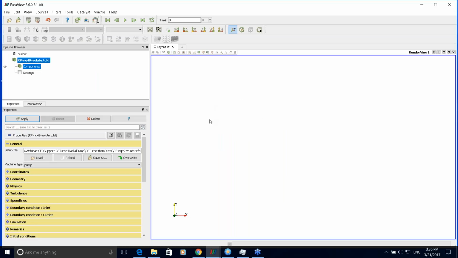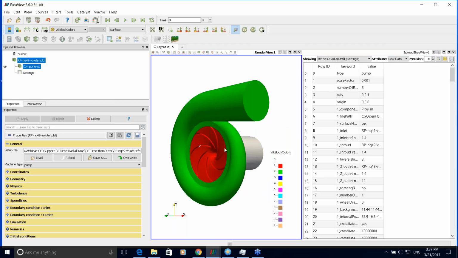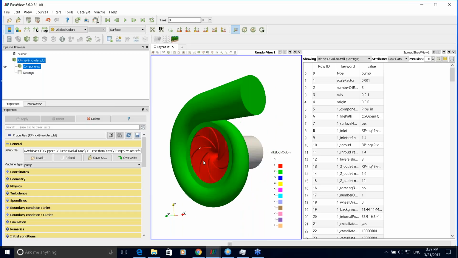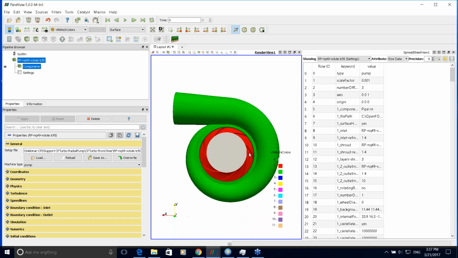So this is a standard appearance of ParaView. On the left, you can see the pipeline browser in which the configuration file is already loaded. To start using it, just click on the Apply button. Now, as you can see, the layout is split into two windows because our mesh, our geometry, is already preset thanks to the CFturbo export. So now we can see the input geometry,